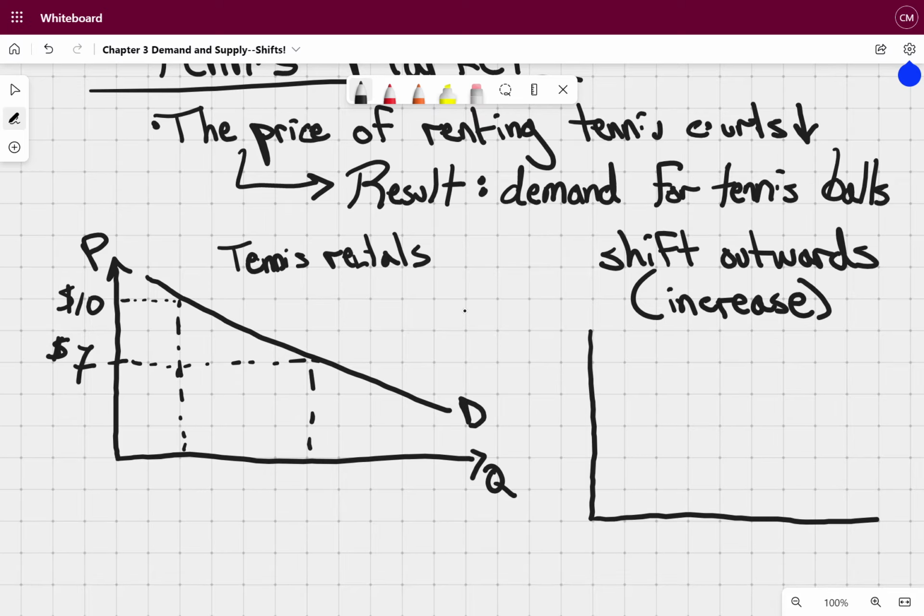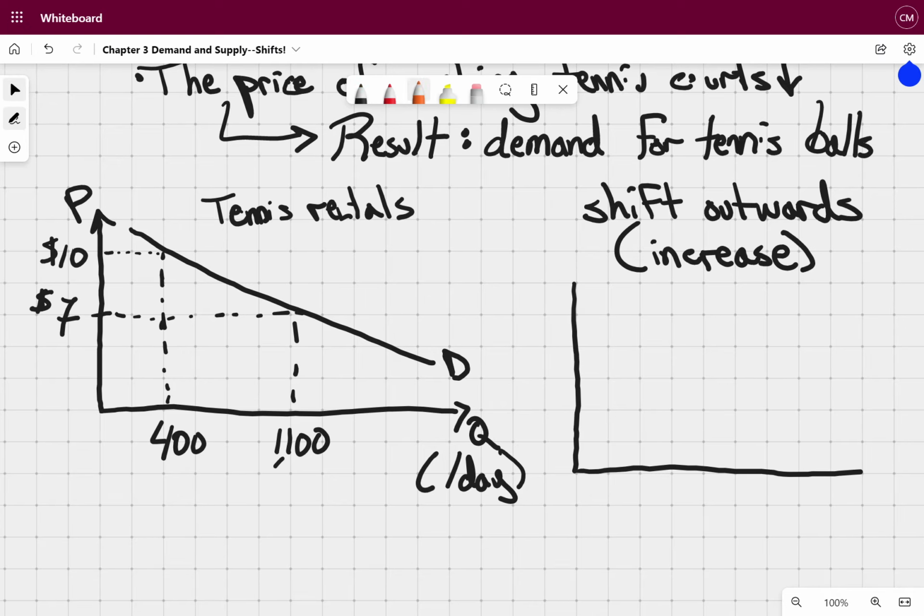So it starts out with 400 per day and ends up with 1,100 per day, right? Now, because of this price decrease, and what? What's the thing in the middle that we need to know? We need to know that tennis courts